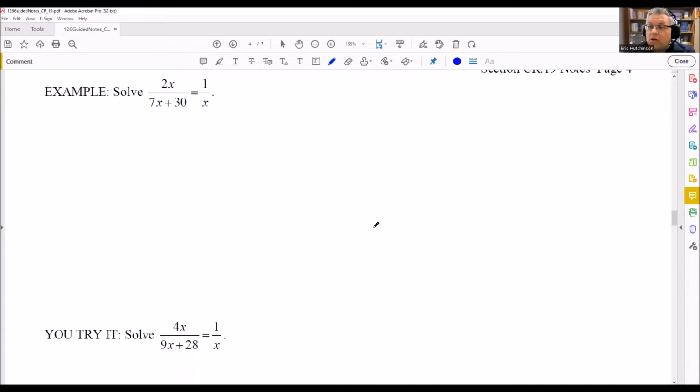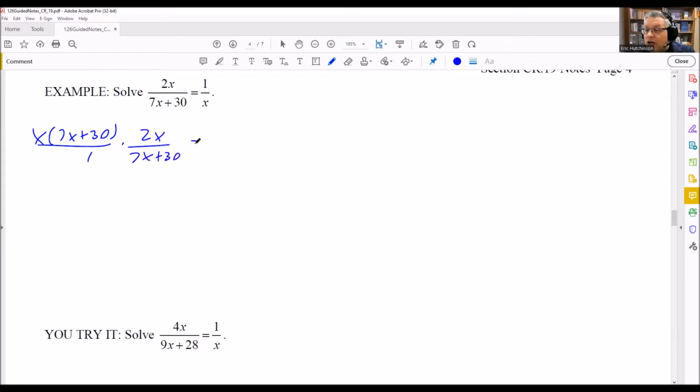Let's do another one, similar problem. So this is going to be one where, again, we're going to multiply by the least common denominator. It's going to be x times 7x plus 30. So I want to put x times 7x plus 30. I'll put that over 1, and we'll multiply this by everything we have